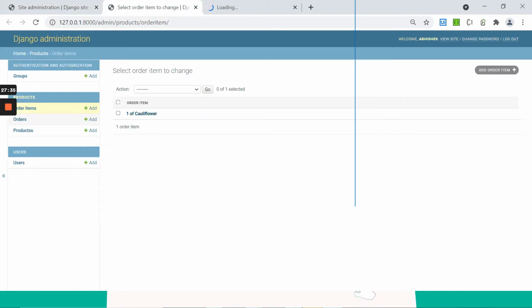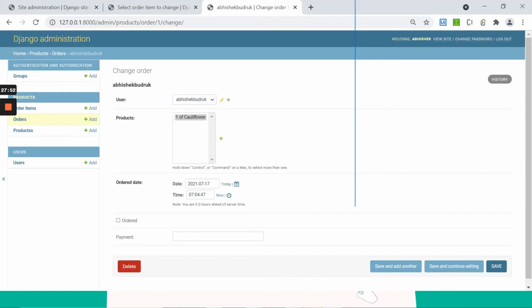Here, see, one cauliflower is added to the cart. This is not the exact cart, it just holds all the items in the cart, and this is the exact cart that you are looking at. Inside the orders you will find all these details, like this user has ordered this product, like one cauliflower is ordered.